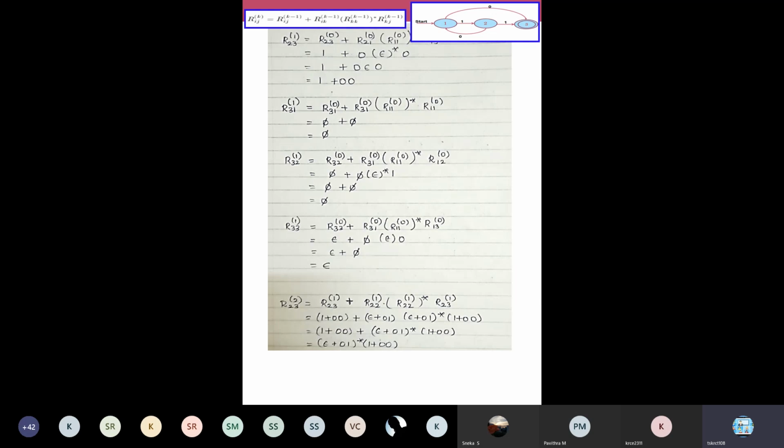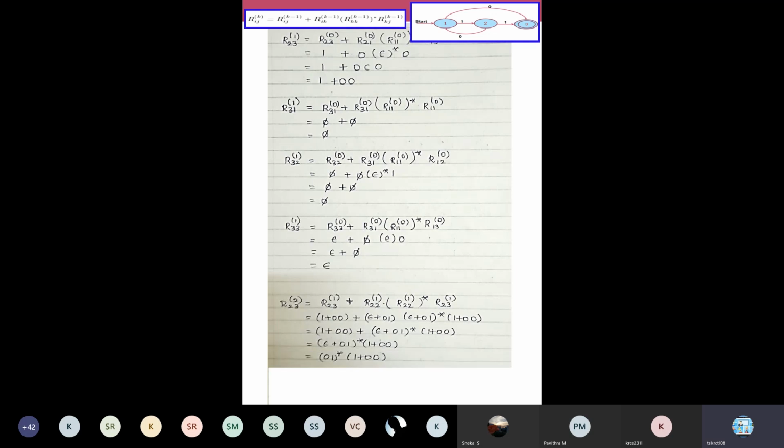The next step, you write it as 0 1 star. So here I have minimized this one first. 1 plus 0 0 is available as common, is it not? So here what you see is, you take 1 plus 0 0 as a term and the larger expression is epsilon plus 0 1 the whole star, 1 plus 0 0. This is the larger expression. Within this you are having 1 plus 0 0 also. So we can do that minimization first. So write it as epsilon plus 0 1 the whole star, 1 plus 0 0. Okay, first we have done the minimization. Take the larger expression, it has this 1 plus 0 0 also. Then in the next step we can minimize this epsilon.